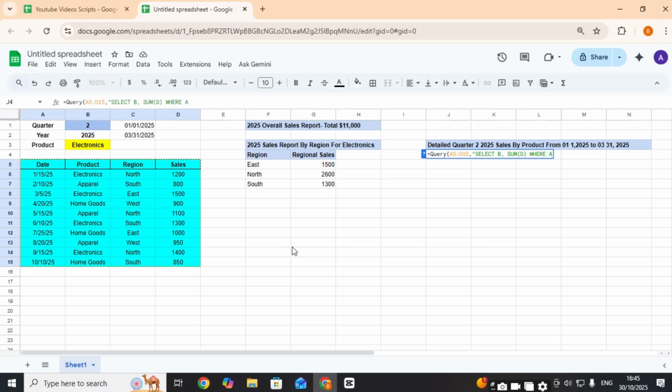single inverted commas, then double inverted commas, and then concatenate the text which will show us the start of the quarter in that format, which will be here, and dash month, day, bracket close, then again concatenate with double inverted commas, then single inverted commas,